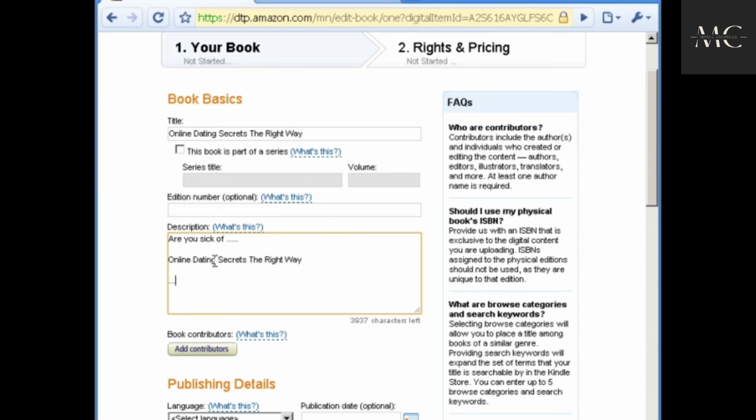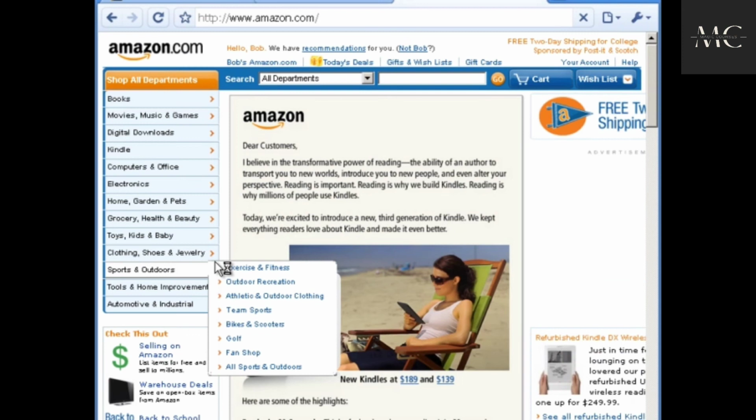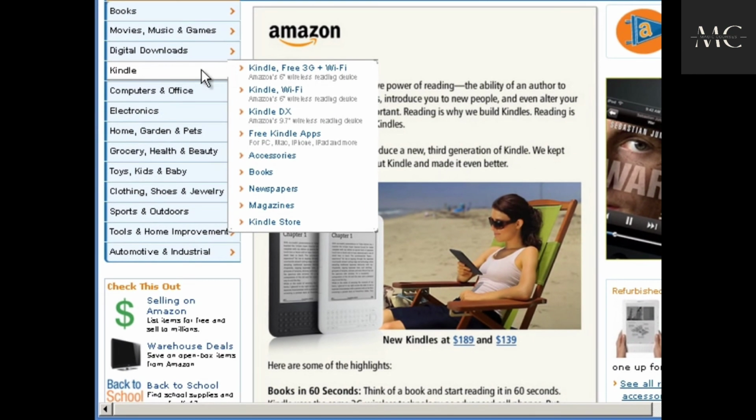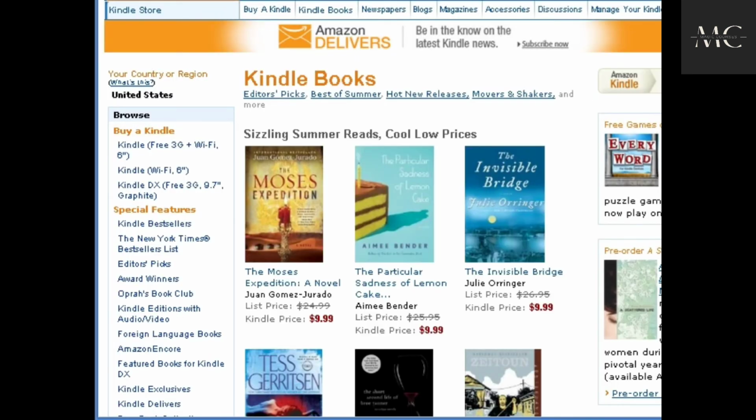If you want to get some templates, you can always go to Amazon.com, go find a similar product. And I don't recommend that you copy word by word or anything like that, but